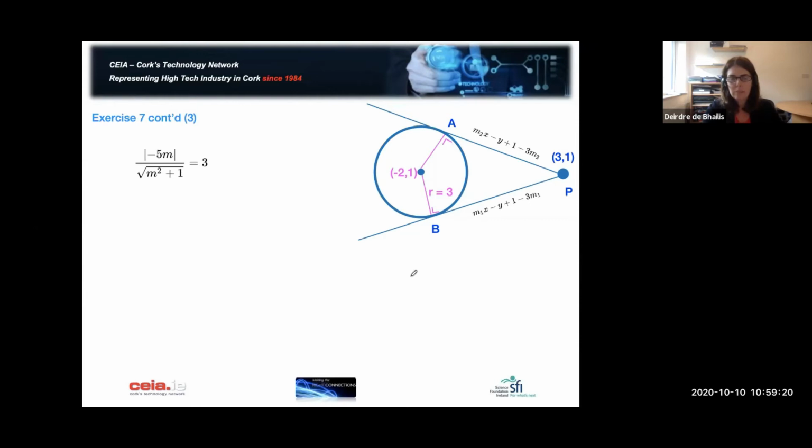Now, an important thing I want to point out here is dealing with an unknown inside a modulus. So what we have here is we have to square both sides, because if you have the modulus of x is equal to 5, you don't know what x is. x could have been 5 or it could have been minus 5. So there are two options for x. And the easiest way to deal with that is simply to